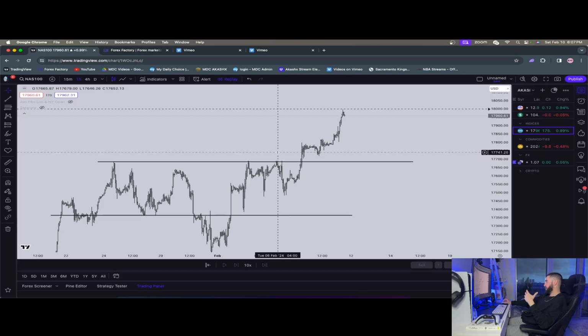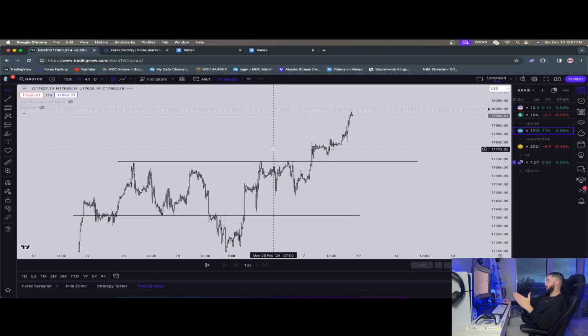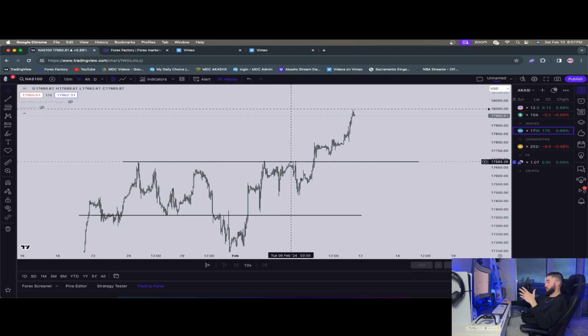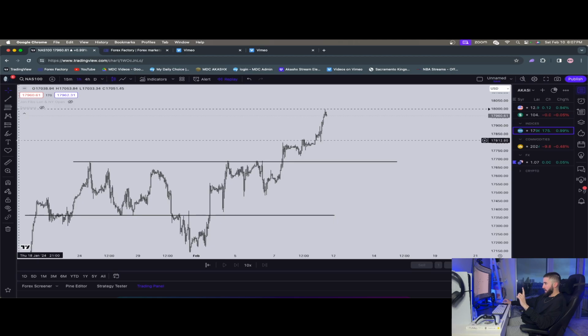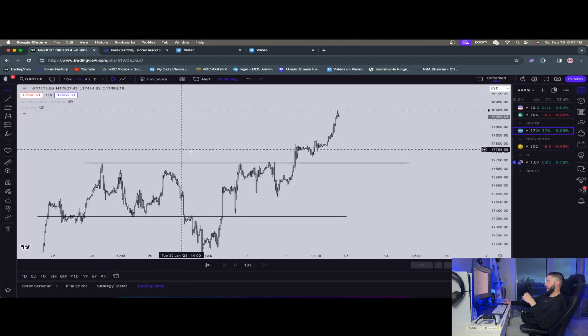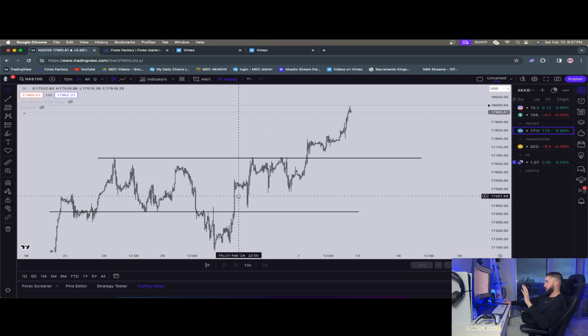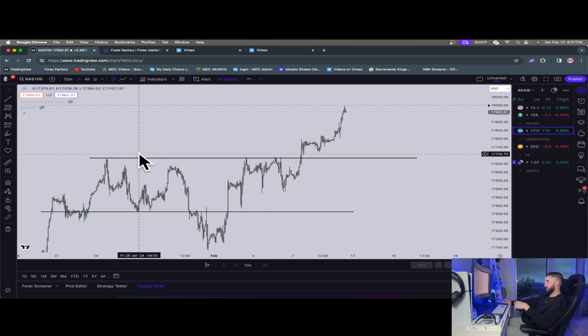Now, what are the confirmations and what are the things that we're going to look at from a technical analysis perspective when we trade this Liberty system? Number one is going to be key levels. All right, key levels. I have some already marked off on this NASDAQ chart, as you guys can see, with